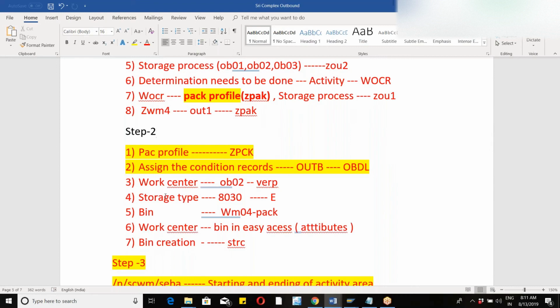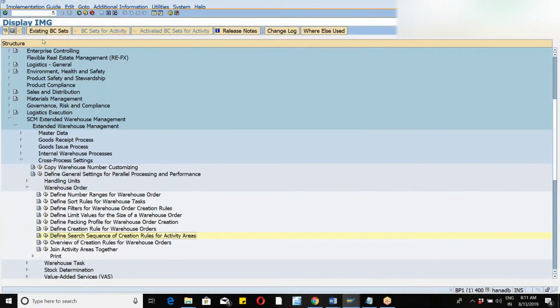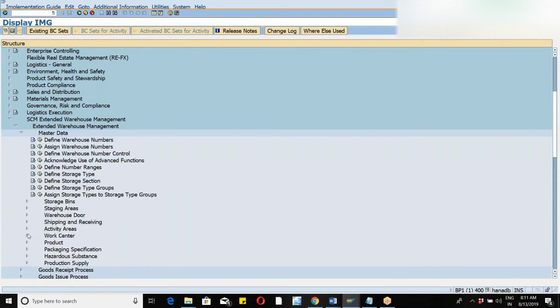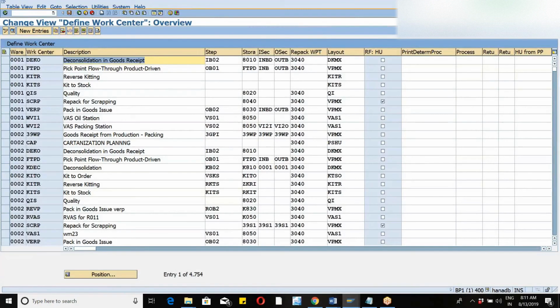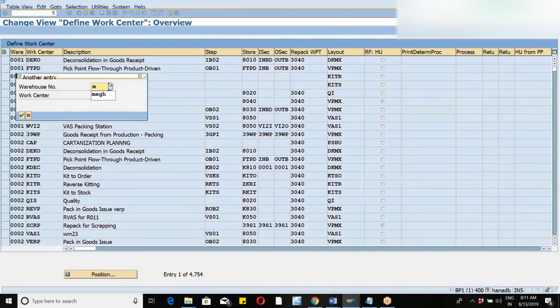To pack whatever products were picked, we need to pack them in certain predefined packing conditions. Work center, yeah. The work center is the area where we can pack the picked physical products from the bins, because that's a place where we take your products and then we try to pack them. Agree? Yeah, agree. That's what we are trying to do here. Okay. So now